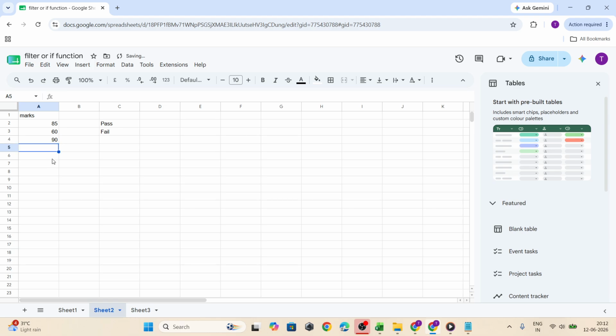And we want Google Sheets to automatically return a result based on whether each number meets a certain condition. This is what makes the if formula so useful. It helps you quickly classify or label data without having to type each result manually. Next, select the cell where you want the formula result to appear. This is the cell where Google Sheets will display either one outcome or another, depending on whether the condition is